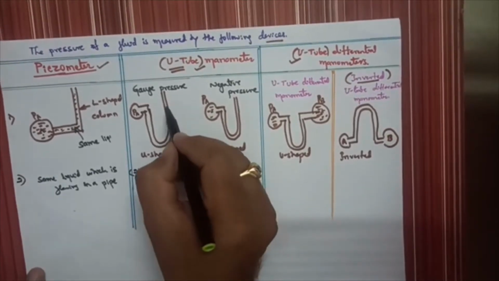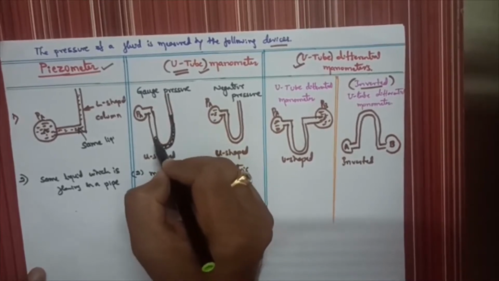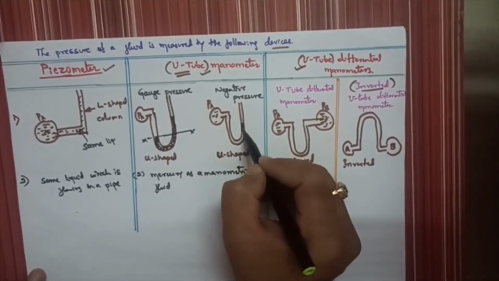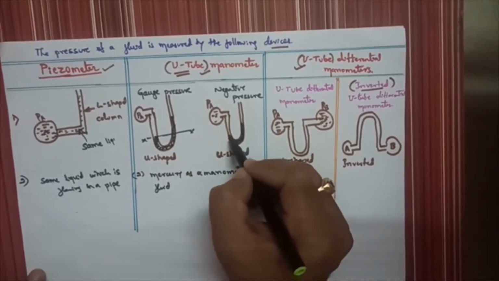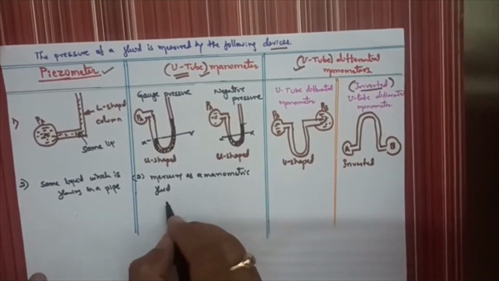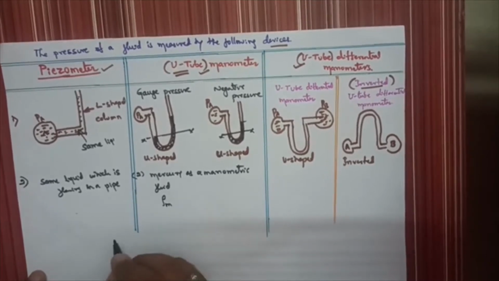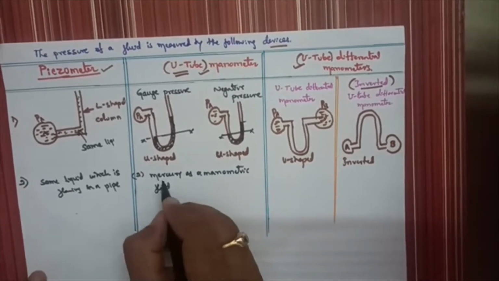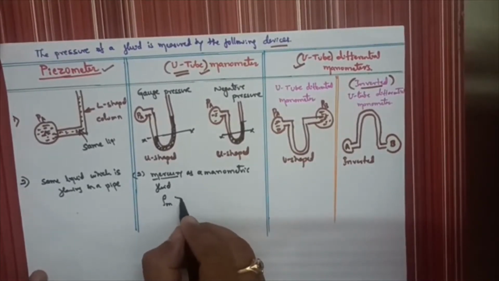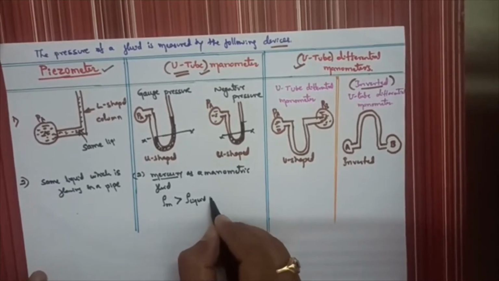So here we will consider one mercury fluid, and we will take some reference line XX. Here mercury will also be there. That is also the manometric fluid, at XX. Okay. The second point you need to remember is the density of the manometric fluid. It may be any fluid, but 90% of the time we take mercury only. The density of the manometric fluid should be more than the density of the liquid in the pipe.